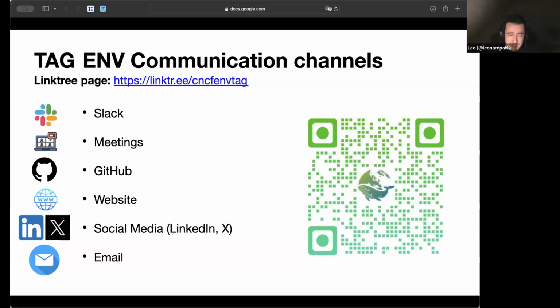If you are in Slack and reading all these messages, you should have all the knowledge of what is going on. You can also scan this QR code. It's basically a list of links where you can find those links, and also the link to the calendar, for example. We created a new calendar recently where you can subscribe to events. So if you would like to get notified about the TAG meetings, working group meetings, and so on, you can just subscribe to the calendar.